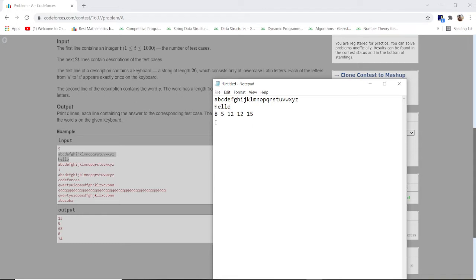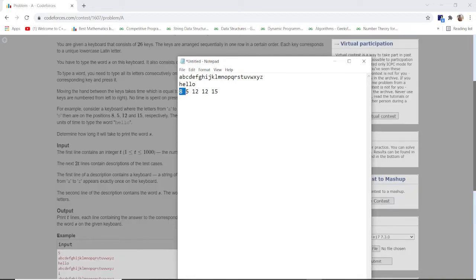So how can we find this? If I subtract this from this, we get how much time it takes to go from H to E. We have to subtract this from this. So if we subtract 8 from 3, 8 from 5, it will be 3, right? And after that, if we subtract 5 from 12, it will be the time when we print E and L. It will define the time to write these two letters. So if we subtract